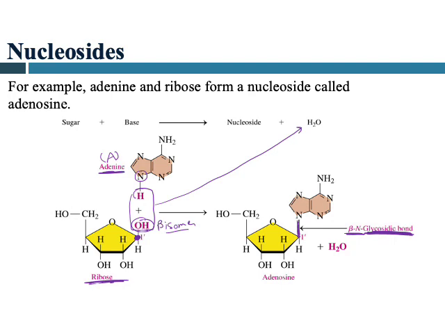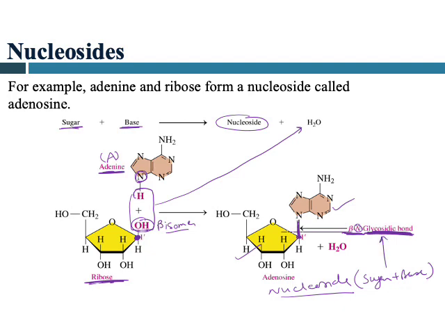And this hydrogen comes from the nitrogen, so the nitrogen is attached to the first carbon, and N for nitrogen, so that's why it's a beta N-glycosidic bond, right? So this is the reaction when sugar and base combine, you're going to make a nucleoside. So this is your nucleoside, sugar and base together, sugar plus base joined with the help of a glycosidic bond,